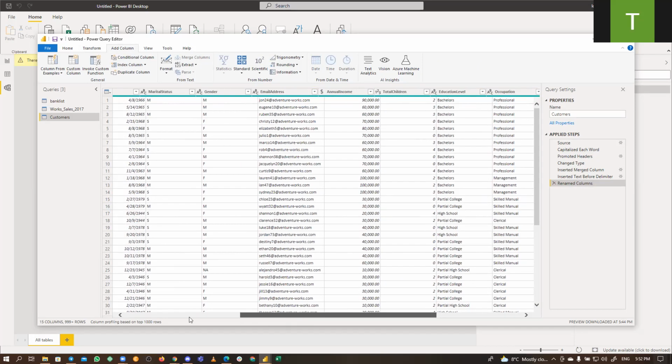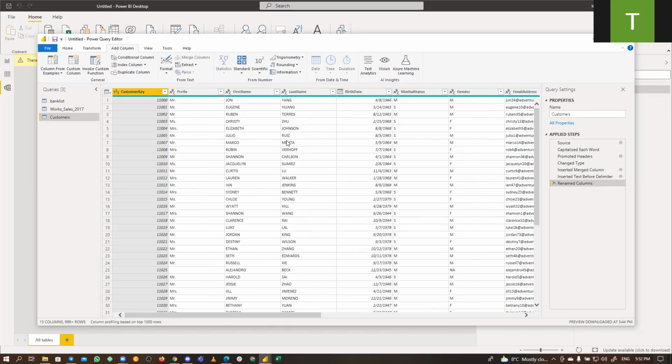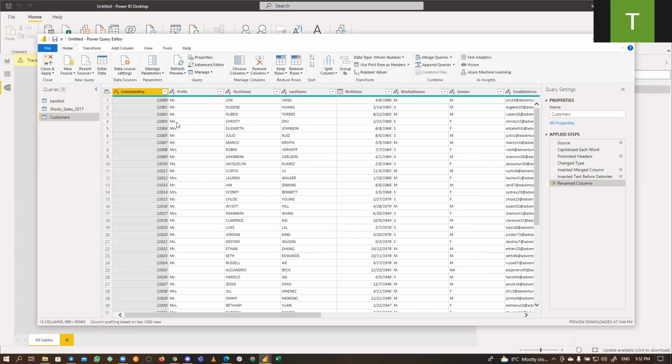We can actually also work on M code. I decided not to even talk about M code today. In fact, I don't want to talk about it because I don't want to start something I cannot finish. But M code is literally what is used to code this query. You can also code yourself. It's not very difficult, but sometimes it comes in handy when you need to do some stuff that is really amazing and you want some kind of flexibility with what you are doing.